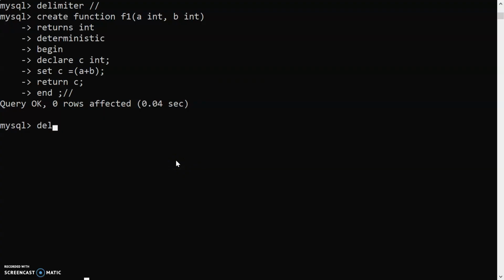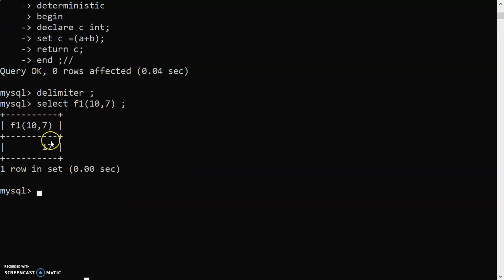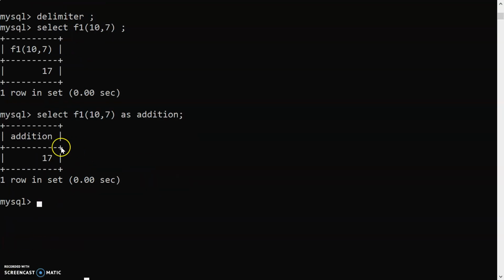So here firstly we will end the delimiter, which converts the multi-line statement into a single line statement, and then we will execute SELECT F1(10, 7); and then semicolon. So here guys, you can see the addition is performed. If we want to rename this column, we can use the AS keyword and then addition. So the word addition will come, and the addition is performed.